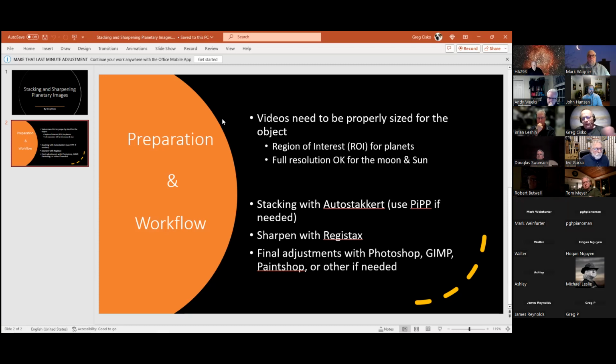But I'm going to go over stacking with AutoStakkert and using the Planetary Image Preprocessor if it's needed. And I'll go over why that could be needed. If, for whatever reason, you didn't do a region of interest when you took your image of Jupiter, for example, you're going to need to reduce the field of view of the videos from 3400 by 2800 down to something manageable like 450 by 450. Then I'm going to go into sharpening with RegiStax,